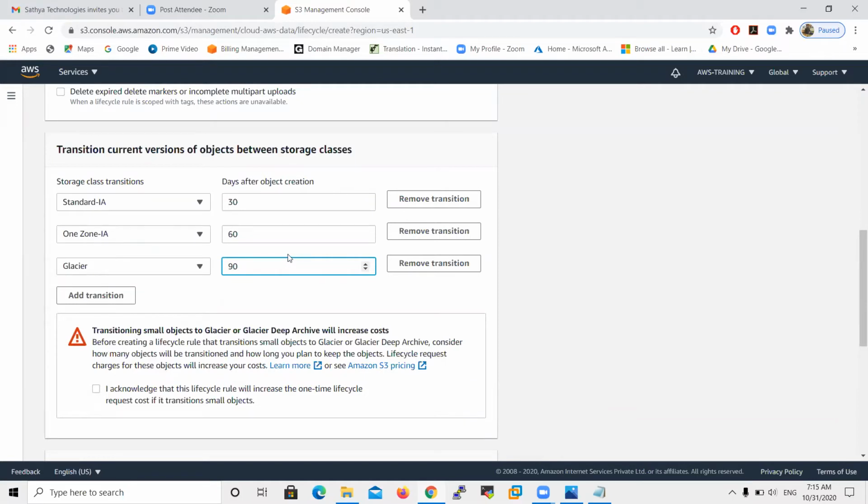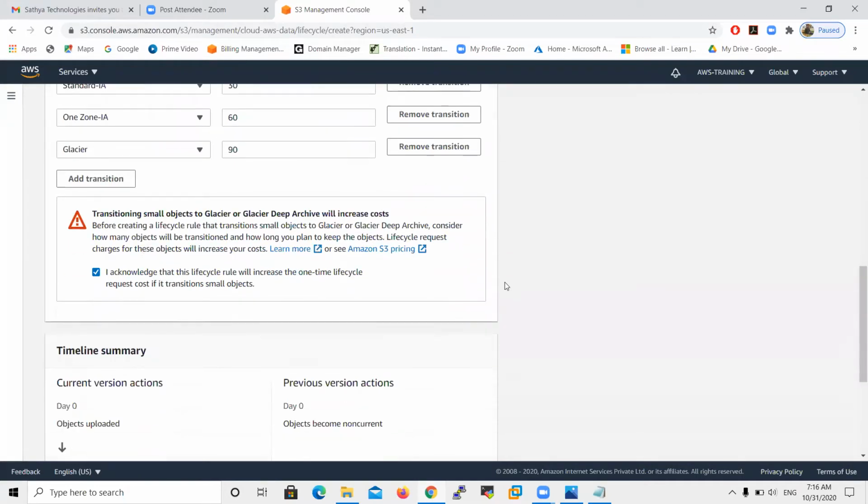So the points here are: transition current versions of objects between storage classes. Whatever my storage class type is, it moves automatically after 30 days to standard IA, then standard IA to one zone IA after 60 days, then one zone IA to glacier after 90 days. Yes, this is the way of writing these rules. This is called migration rules.